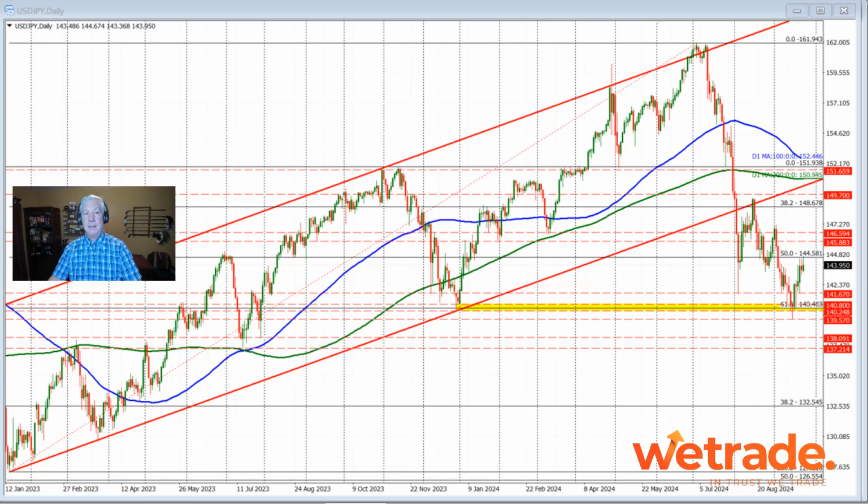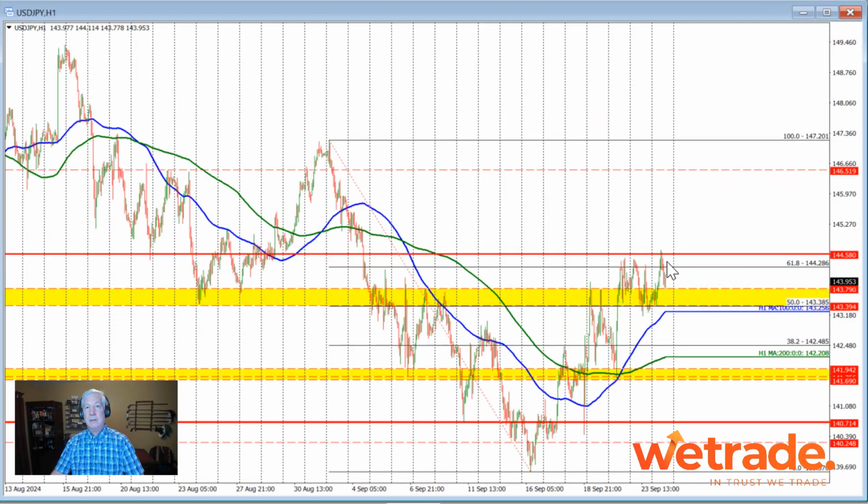You could see that on the hourly chart. We moved just a little bit above that level after using that level as resistance both here and here and here over the last few days of trading. So buyers got the courage to break it above that 58 level, but only to be rejected,